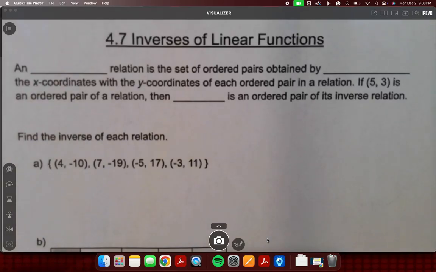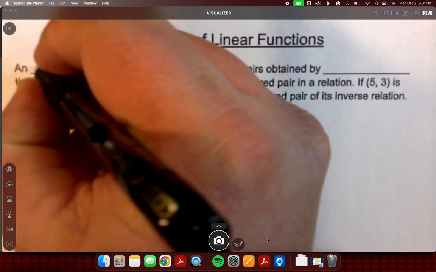So today we're going to talk about the inverses of linear functions. Inverse means opposite. So we've talked about how inverse operations like adding and subtracting or multiplying and dividing, etc. So inverses are the opposites. So an inverse relation